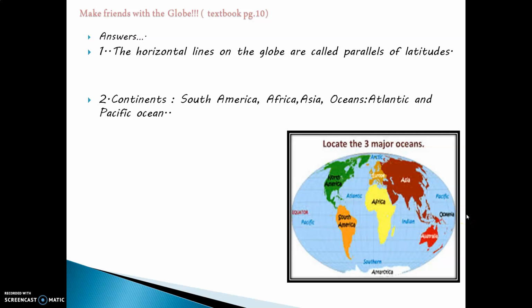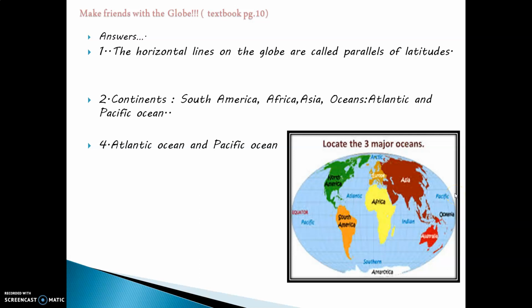Now, I'm going to skip the third question. We will now move on to the fourth one. Which oceans are spread in all the 4 hemispheres? You can see that in all the 4 hemispheres there is a lot of water, and the oceans which spread are the Atlantic Ocean and the Pacific Ocean. All of us know the Pacific Ocean is one of the largest oceans, and therefore it spreads over almost the entire part of the world.